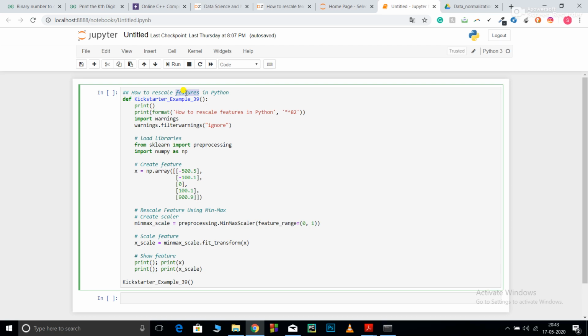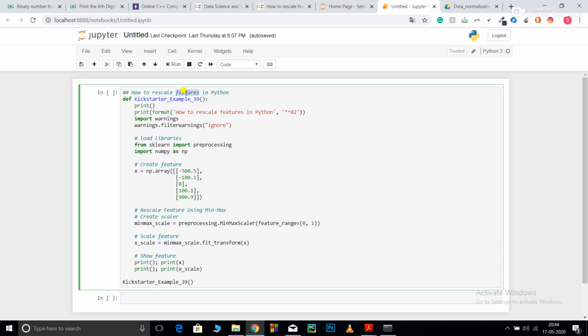Why do we need to do that? First of all, rescaling makes your mean 0 and variance 1. So the basic formula is x minus the minimum of x, where x is your feature column.